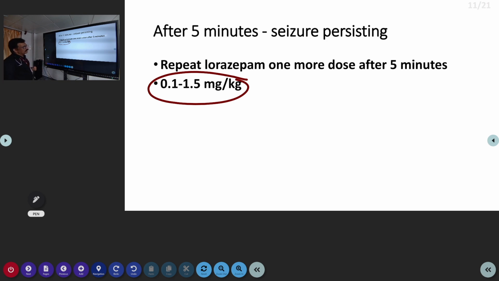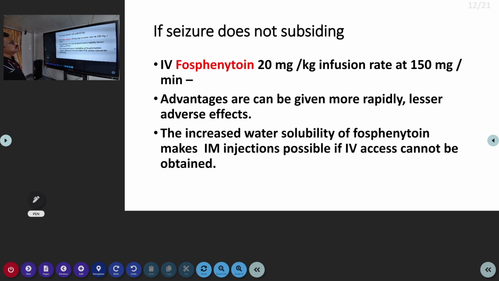Diazepam is a long-acting drug. Midazolam is a short-acting drug. Lorazepam comes in between diazepam and midazolam. Now, if the seizure is continuous even after diazepam or lorazepam, you can go for fosphenytoin